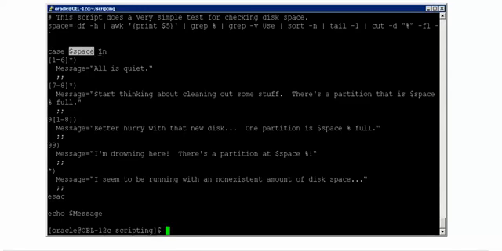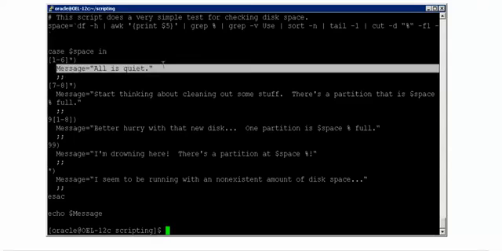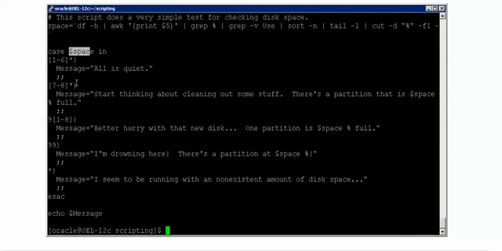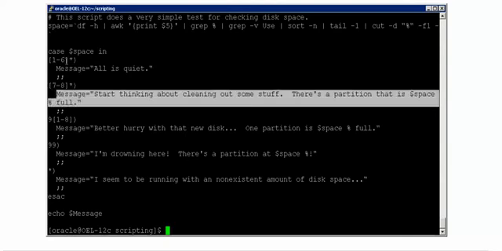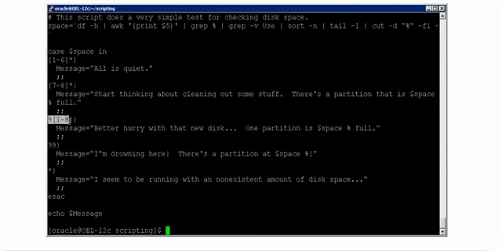if this condition, and whatever variable value you have, and that value should be this one, braces. And then if that is true, it will do this. If $space is this one, it will do this. If $space is this one, it will do this. If $space is this one, it will do this. If $space is neither of all these things, it will do this one.